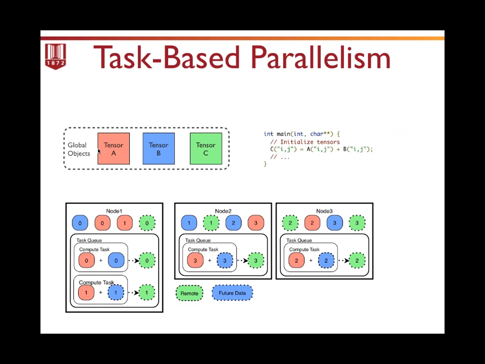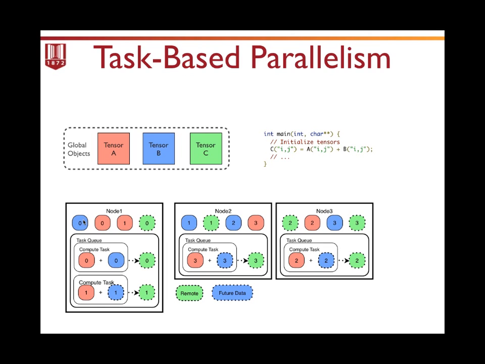So task-based parallelism, as I said, allows us to decompose the problem of doing tensor arithmetic into small manageable pieces. So consider this small program here where we're taking a global object A, which represents our tensor, and adding it to another global object B, and then storing the result in C. So if we're going to add the tiles, we need to first